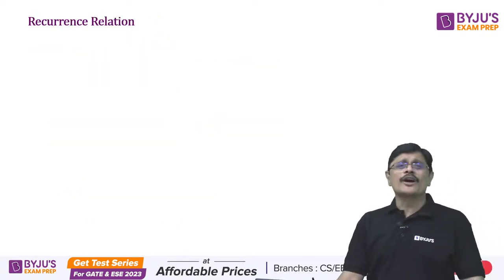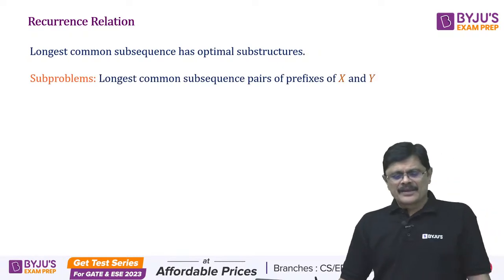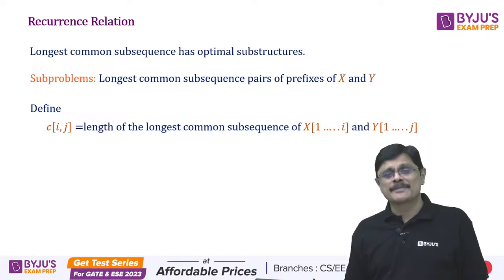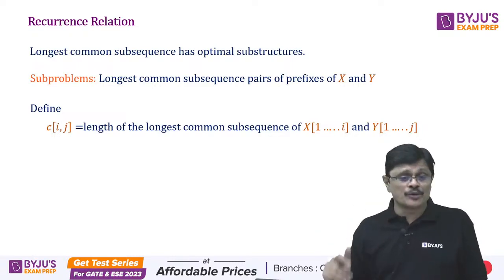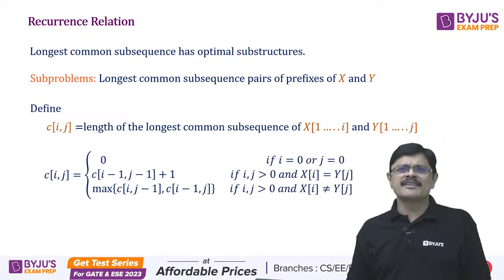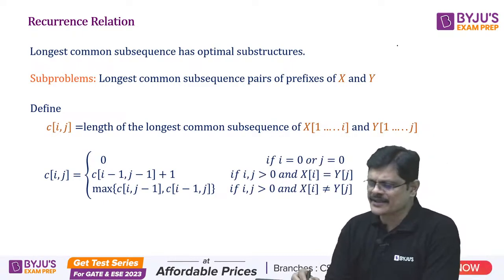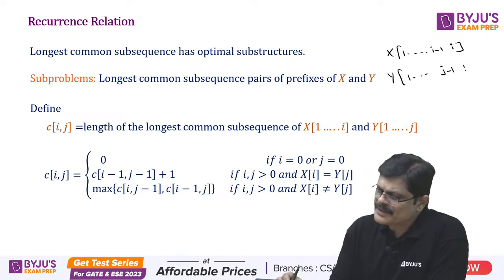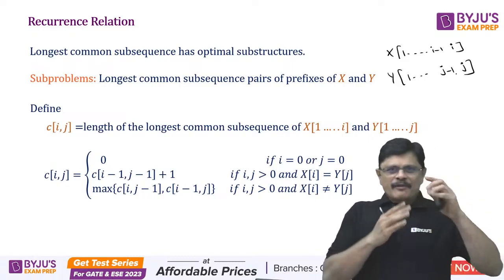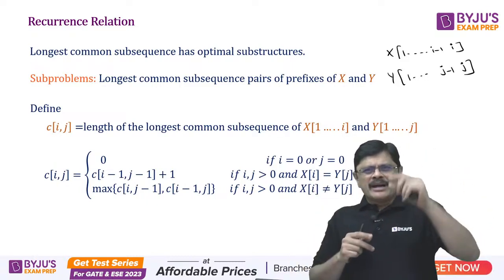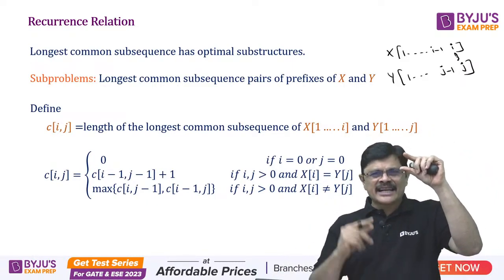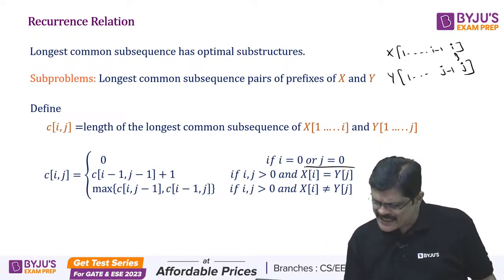So for finding this longest common subsequence, we define this c i j, which is the length of the longest common subsequence of x 1 to i and y 1 to j, my dear friends. And this is the formula. The idea goes like this. When you have this sequence x 1 to i and y 1 to j, consider the last symbols, that is at ith index and at jth index. The symbols may be matching, that is xi is equal to